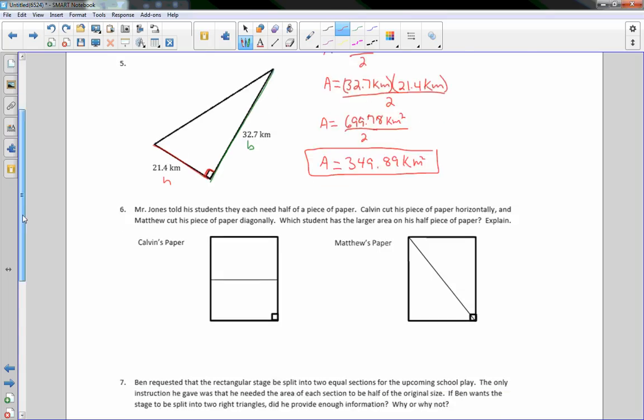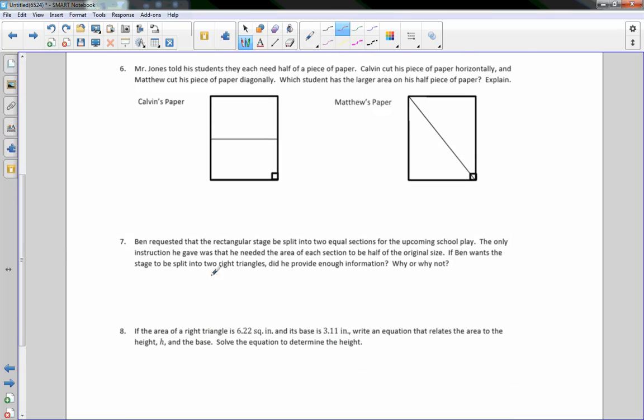Okay, number 6. Mr. Jones told his students they each need half of a piece of paper. Calvin cuts his piece of paper horizontal, and Matthew cuts his piece of paper diagonal. Which student has a larger area on his half of the piece of paper? So what they're asking is this area, this half of this paper here,